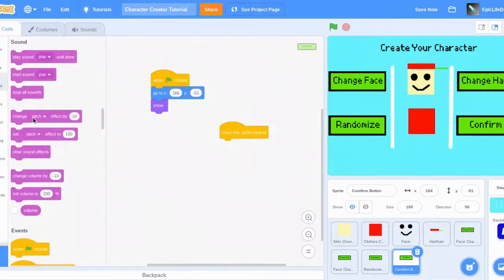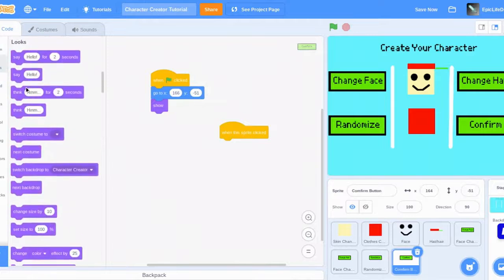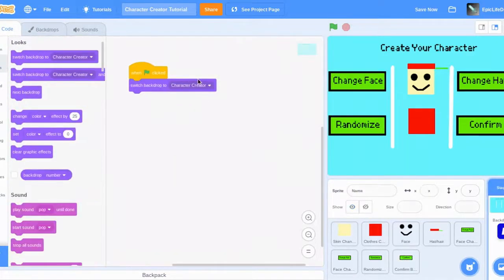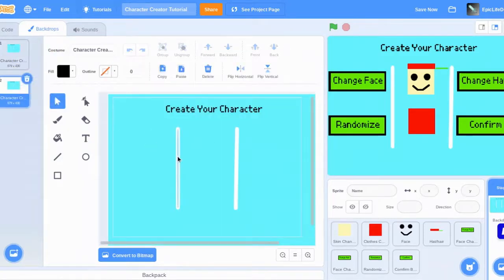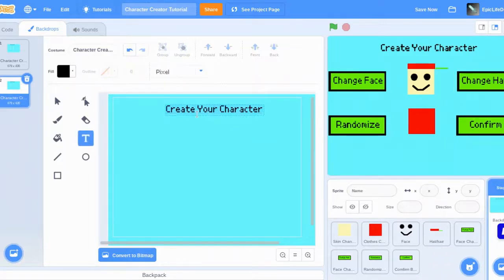I don't even know why I created that thing. We want to switch backdrop to here. Let's add a new one. Duplicate. We want it to look the same except a bit different. We can remove this, and change this. Choose your